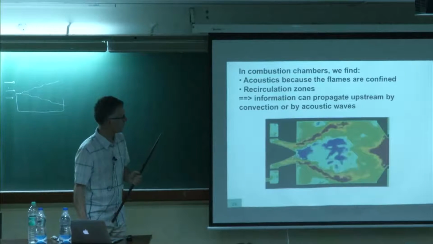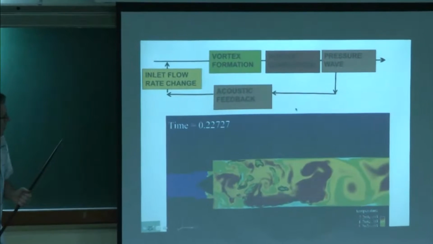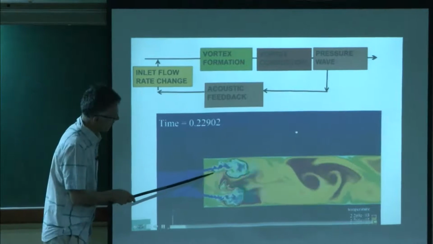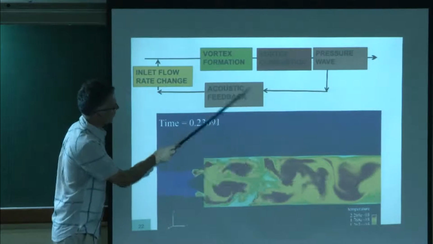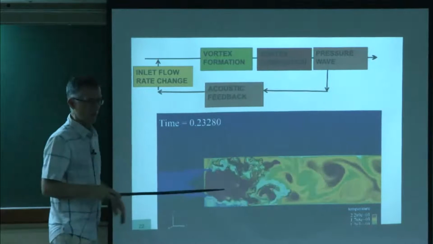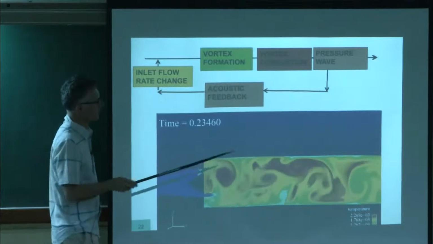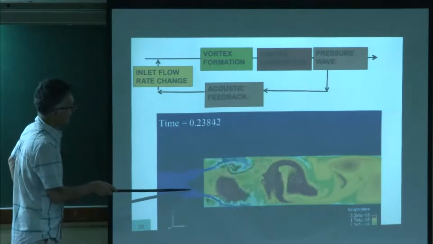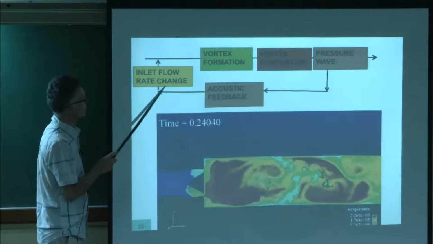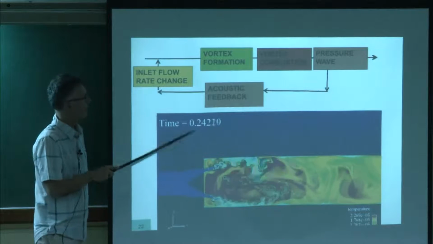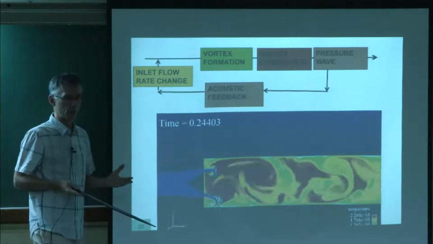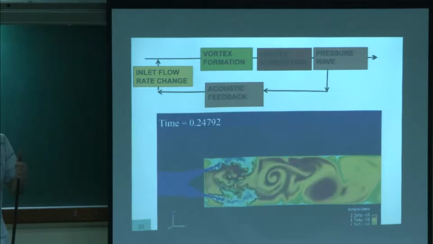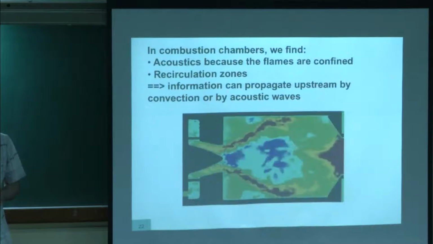So in combustion instabilities, the usual pattern is the following. You create a big vortex that you're going to see here. That's a big vortex. This vortex burns. When it burns, it makes noise. I will be more precise in a second. This noise goes out, but it's also reflected. It's coming back here. It creates another vortex because it's changing the flow rate. And this system is a closed loop and can become unstable. Not always. Some phase and amplitude conditions must be satisfied.